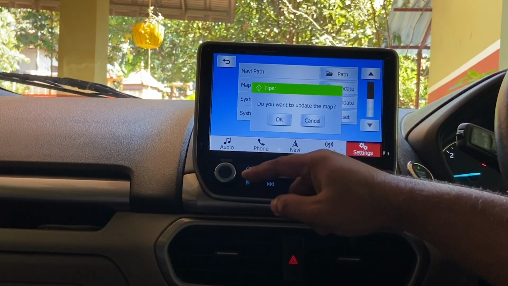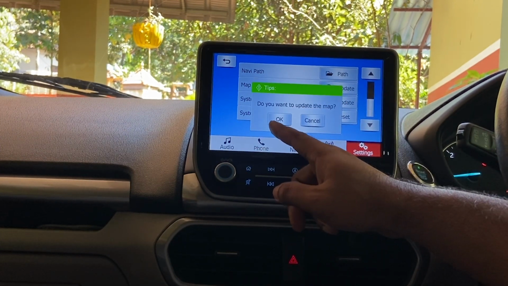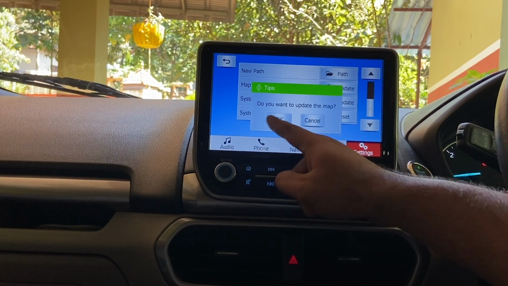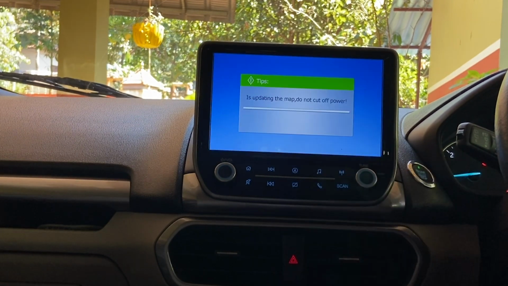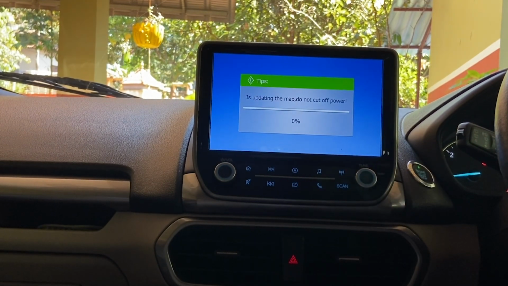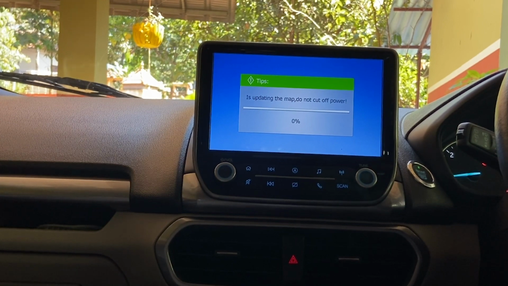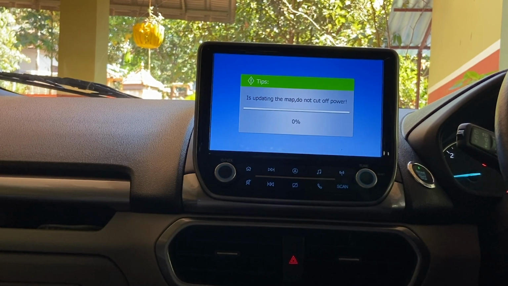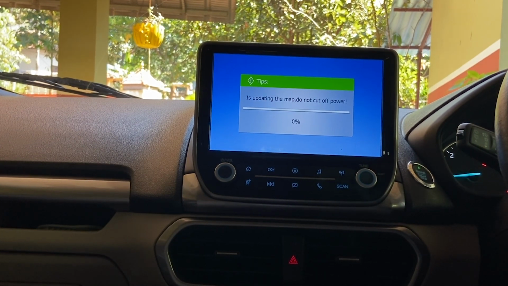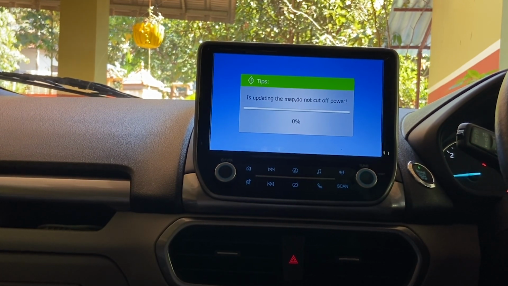Click on Map Update, and the warning asks, do you want to update the map? Click OK to proceed. So it starts updating. It might take 10 to 20 minutes. Let's wait, and I repeat, don't turn off the vehicle while updating the map. Let's keep the vehicle on for 10 to 20 minutes.